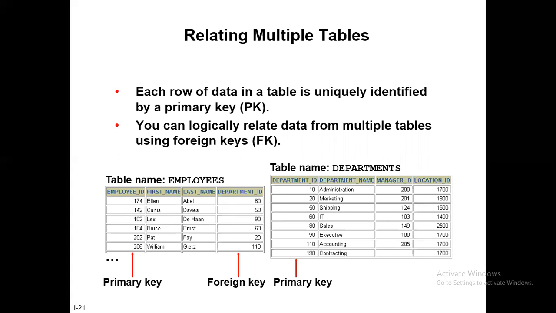So when you run your query, what the system does is it will go to the department table, look at department 80. What is it? 80, 10, 20, 30, 60. 80 is sales. That means Ellen Abel belongs to the sales department. You see here, 80. So that's the link up. Sales.